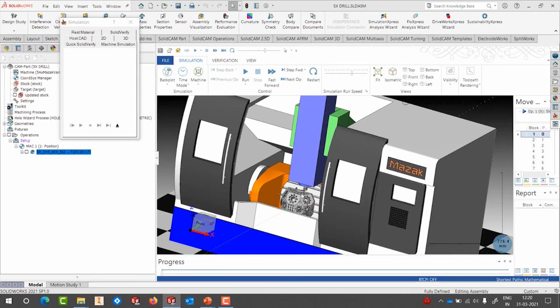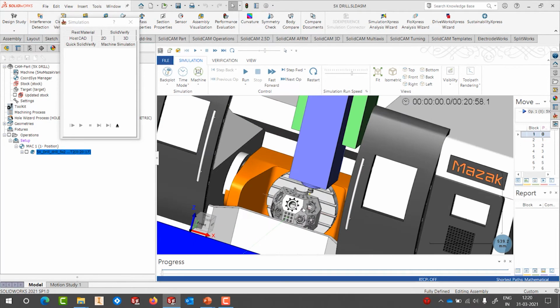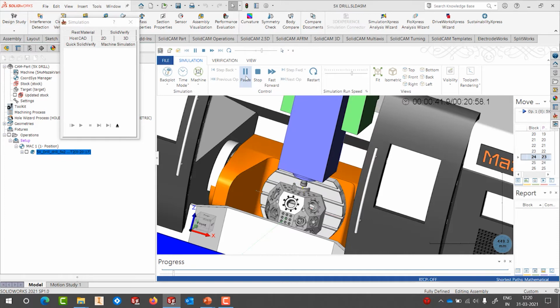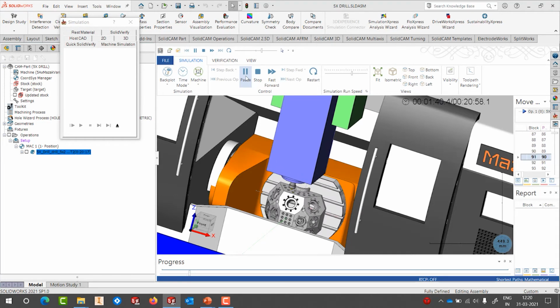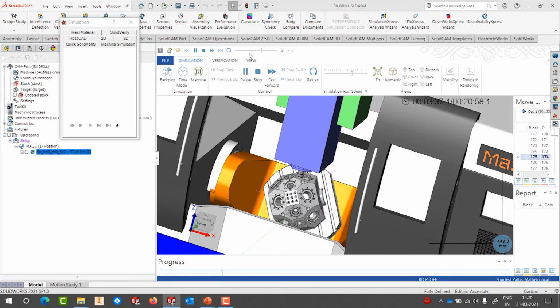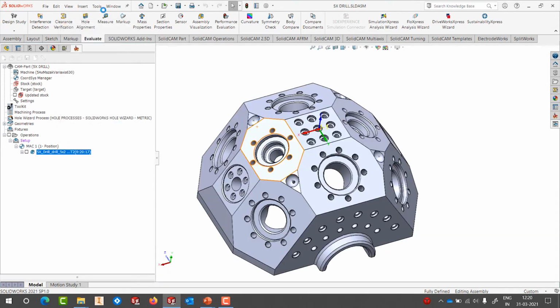Okay, so that's the part on the table and the drill, and this is how it will do it. Again, here I've used the collision checking with the holder, so it doesn't go completely down. It's following the sequence set by the user. We have used the shortest possible distance, so it uses the shortest distance and then drills the part accordingly. Okay, let's go further